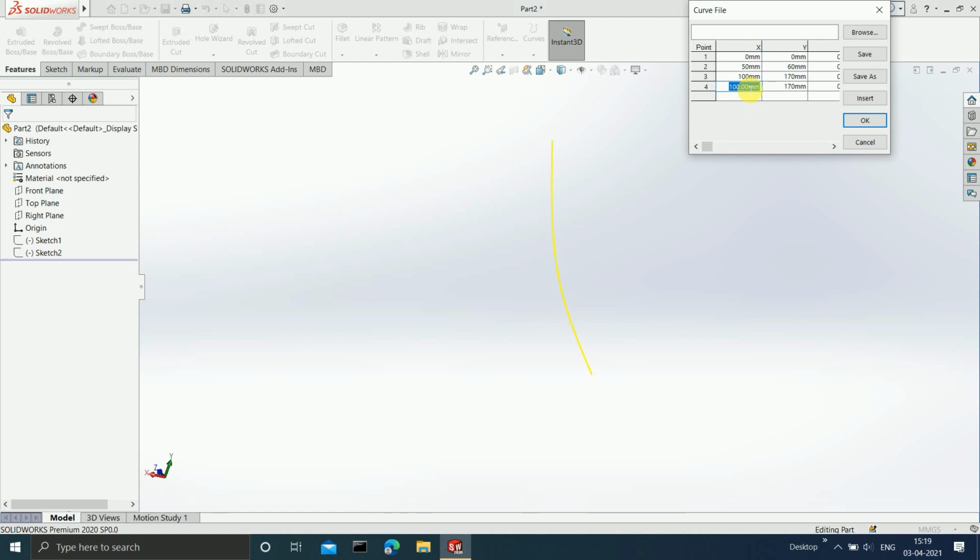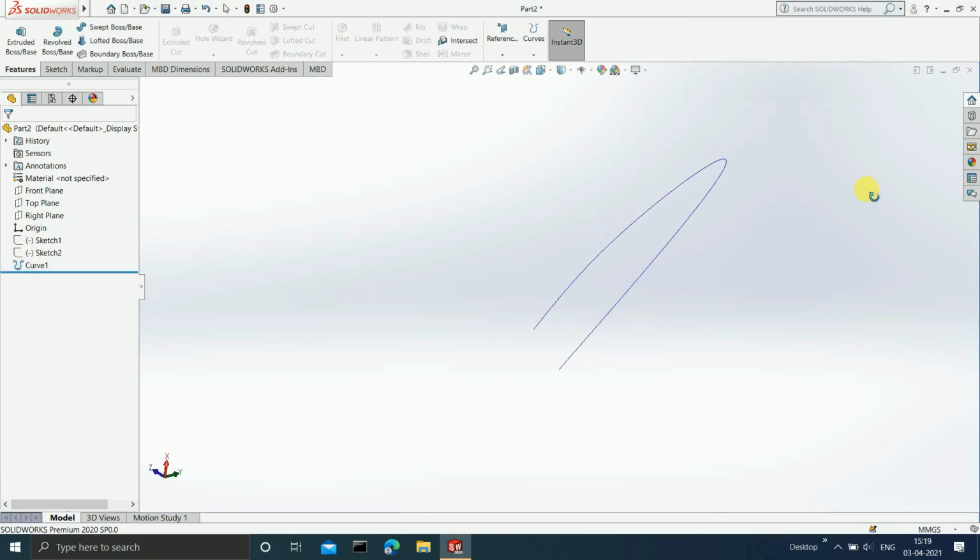Clear? Now after this, guys, you can enter the data as much as you want. For example, you can even enter a negative value, for example -40, and in this you can enter any negative value, or you can enter a positive value. Let's enter 30. Can you observe, a curve has appeared over here. Once you are done, you can click on OK. See, you are getting a curve.